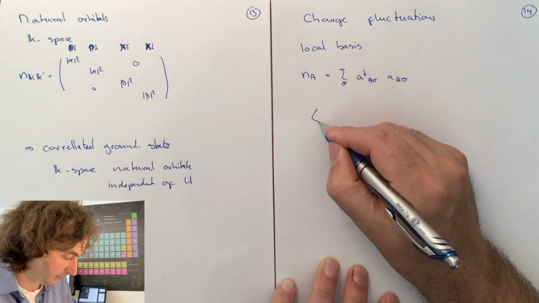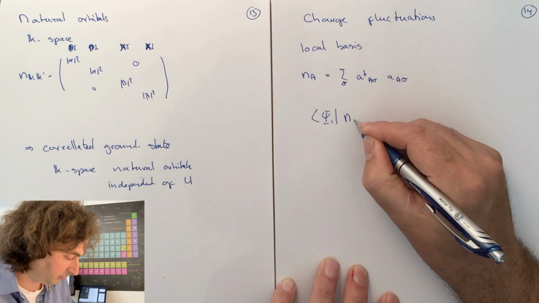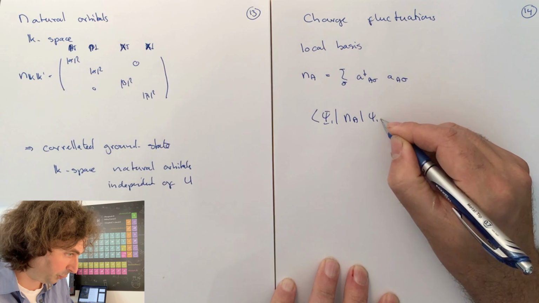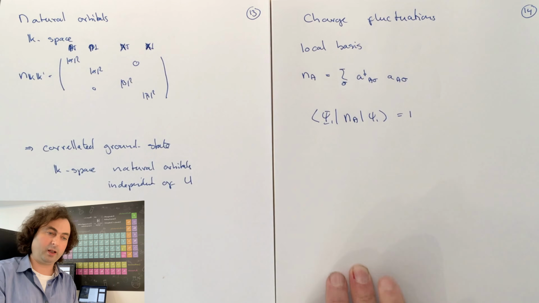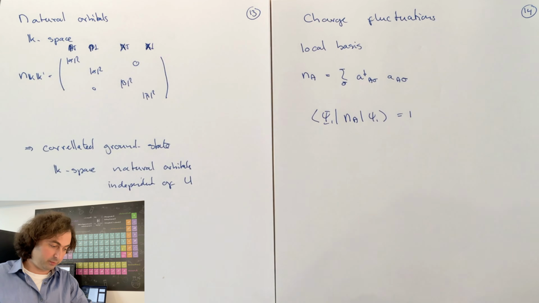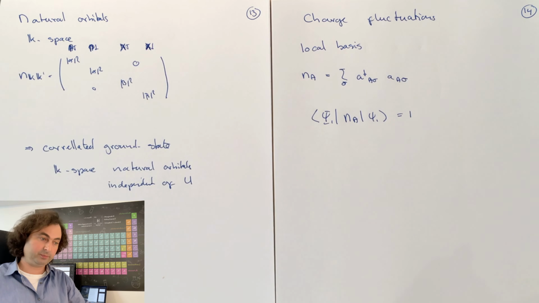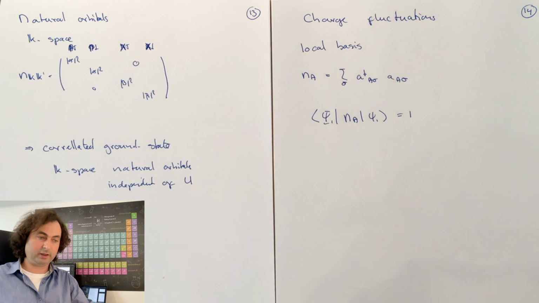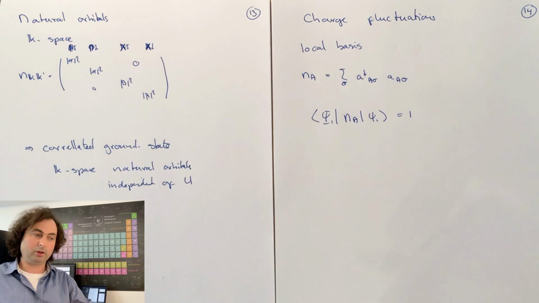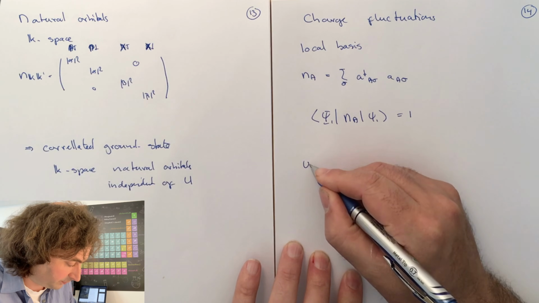And if we look at the expectation value of the occupation on site A, then this is 1. So if you have a hydrogen atom and you very often measure how many electrons you will find at site A, you will see that on average you will find 1 electron on site A. Now when you do this experiment, you will not always find 1 electron. You might find 0, 1 or 2 electrons. So we can also calculate the variance